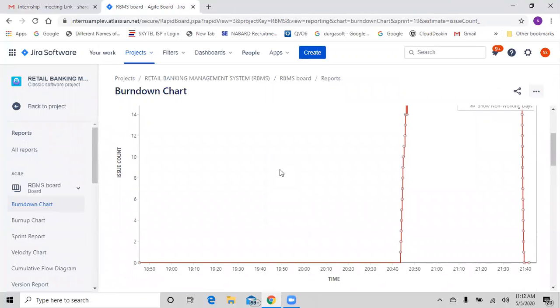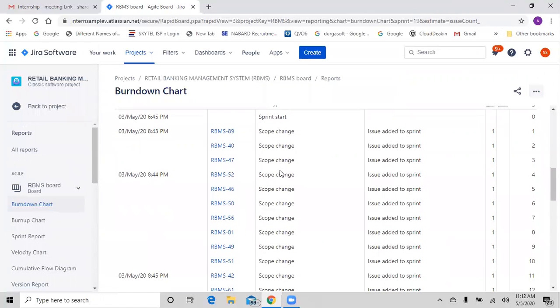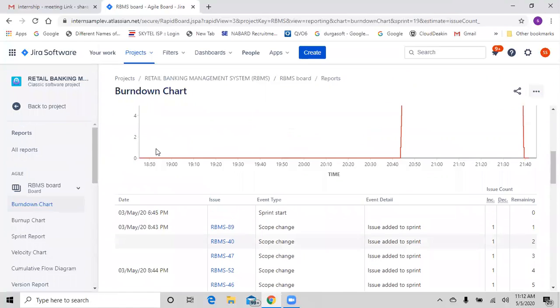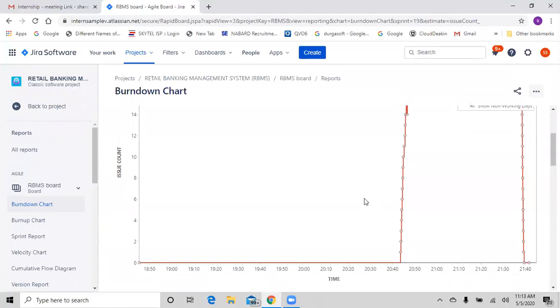So first, come down. You started by 6:50. At night, 20:40 is nothing but 8:40. So for the first 2 hours you didn't work on anything, if I'm not wrong, right? Yeah. All of a sudden you started your work again. You completed your work within 1 or 2 hours, possibly yesterday. Yes, 1 hour.